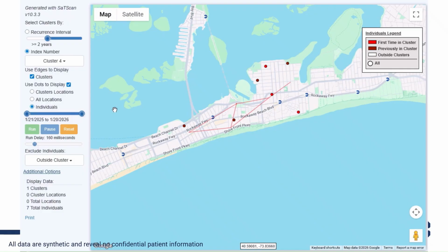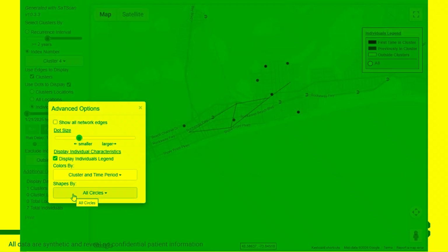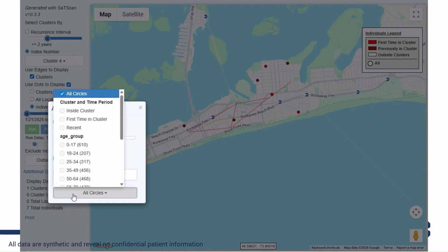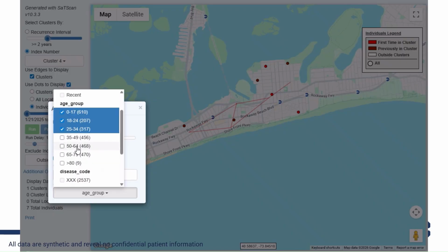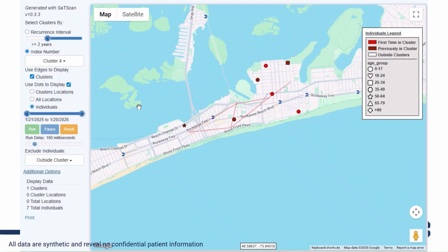You can also use shapes to distinguish by other characteristics. For example, you can unclick all circles and click on all of the age group categories to categorize by shape. And you can also increase the size of the icons to see them better. Here, all except 2 cases in cluster 4 are circles,